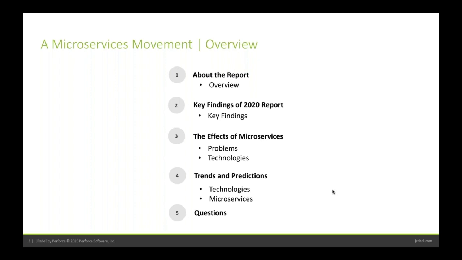So I've loved being able to participate in this report over the last several years. It's great being able to pull this back up and do this again, and get the opportunity to discuss a lot of the findings today from our report, and some of the feedback that we got from some of the clients and customers, which we're going to show a little bit of today, show some of the technologies people are using, and discuss how we're going to be able to move forward in a microservice focused world. A lot of the questions actually led to some interesting findings around microservices, and so we're going to be discussing some of those as well.